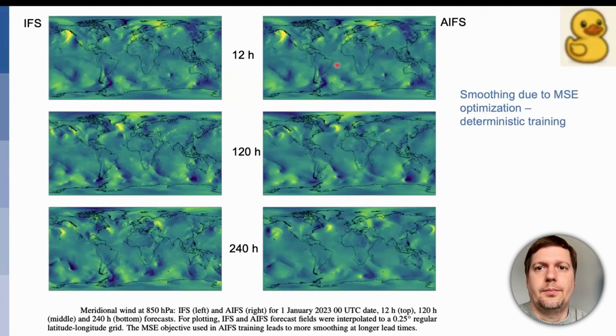While this is not true, for example, for AIFS, which has been trained with a mean squared error loss, a deterministic training. So here you see that after 12 hours, there's still quite a bit of small scale structure, but then it loses more and more structure over the time of the forecast. And that limits its ability to produce ensemble forecasts because it can't really reproduce the variability of the atmosphere. And that hinders it basically to produce the right amount of ensemble spread. So the next logical step is how can we actually train a model which can produce this variability and can produce realistic forecast states at all times.